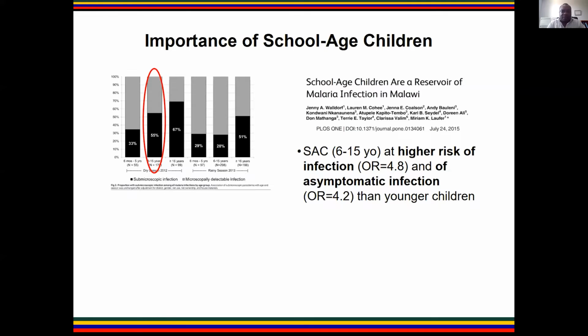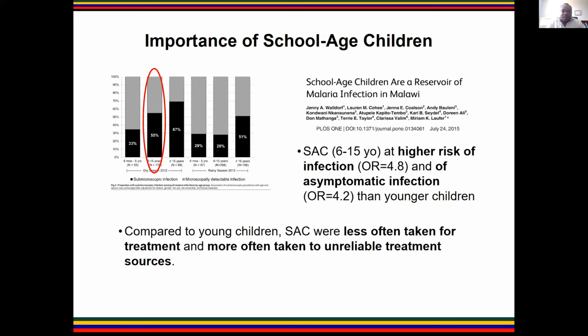What was observed was that apart from having a higher risk of infection, school-age children were also observed to have a higher risk of asymptomatic infections. In addition to the observation that was made earlier that they use bed nets less than under 5 children and adults, this study also highlighted that these school-age children also had